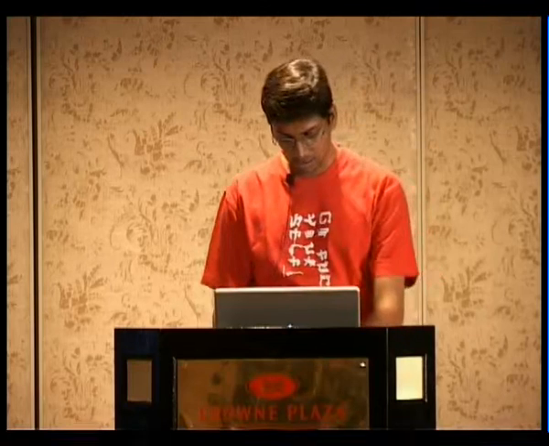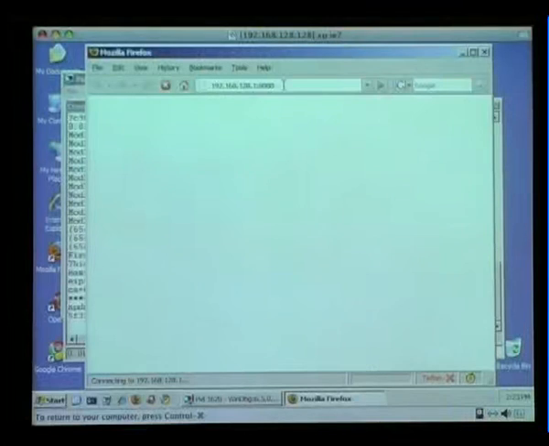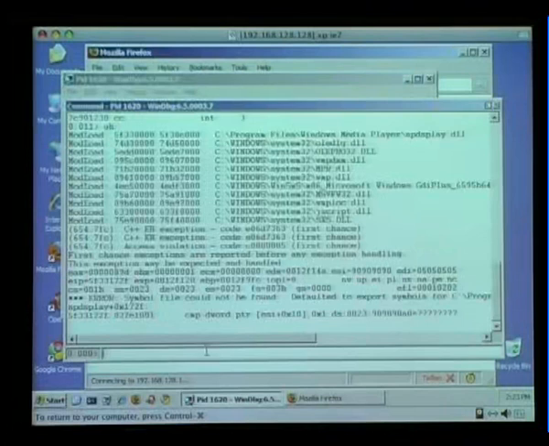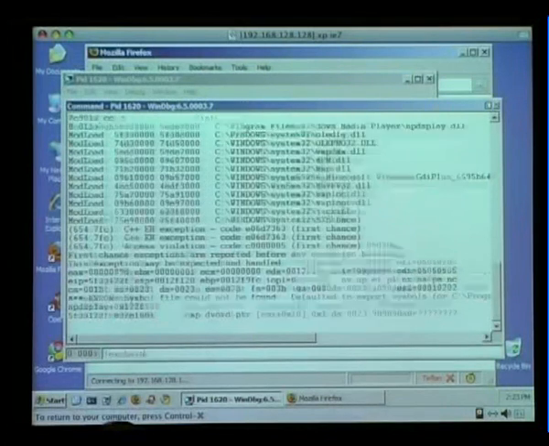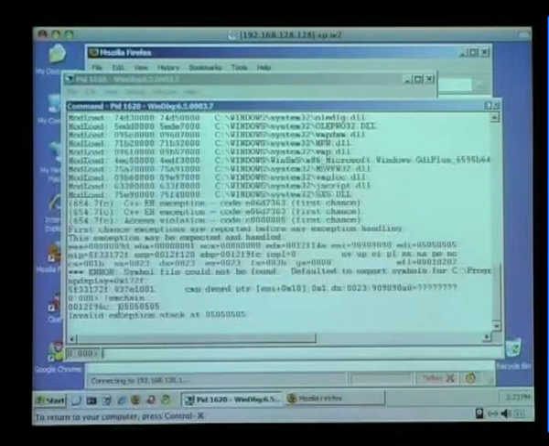First attach that debugger. There we go. Run it. Here we are getting an exception. If we look at the next step where we're going to jump to, the next address we're going to jump to is at 05050505. For those of you who are technically inclined, if we look at the memory occupied at 05050505 right now,